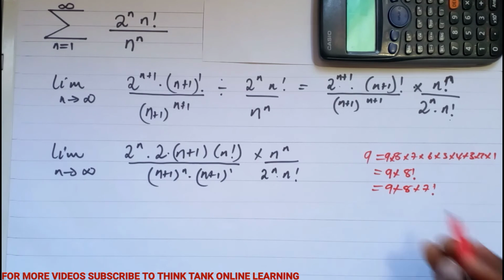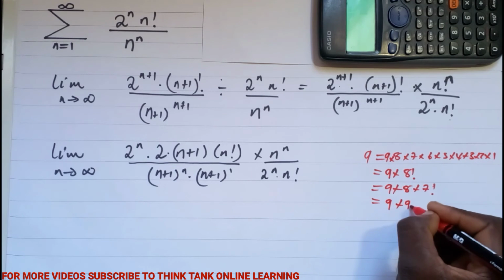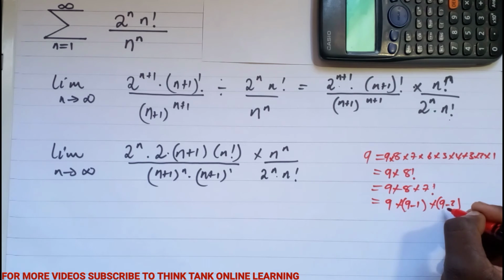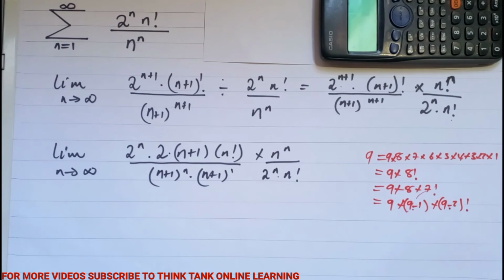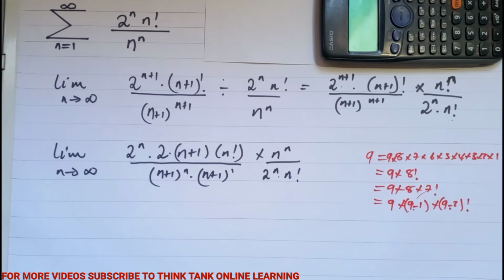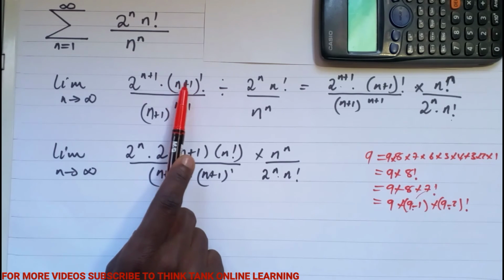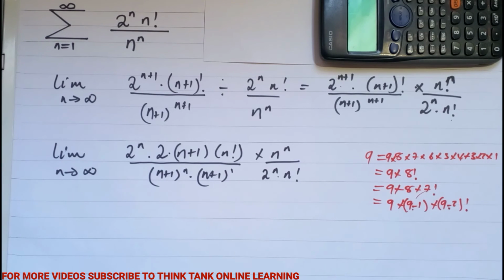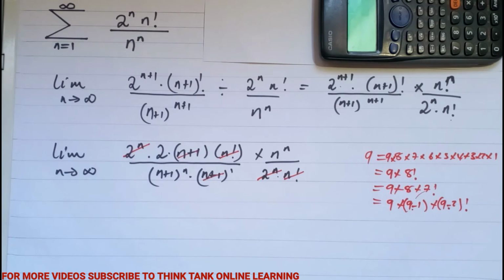Just look, we're subtracting 1 each time: 9 times 9 minus 1 times 9 minus 2 factorial, so 8, 7. That is the same as what we have done here. Instead of writing n plus 1 factorial, we said n plus 1 times n plus 1 minus 1 factorial. So this and this cancel, and now we're left with